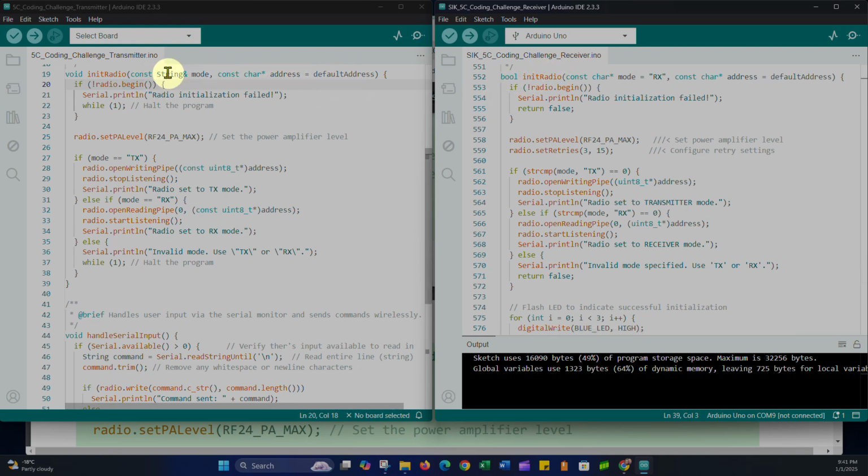This is taking in a string passed in by constant reference for mode, and this one I'm taking in a pointer to a char, a C-style string, by constant still. So this one I'm taking a C-style string, a pointer to a char. This one I'm taking an actual string, because string is a type in Arduino. But either way, I'm passing in the string by constant reference, and its parameter name is mode. Here I'm passing in the C-style string, the pointer to a char, by constant, and